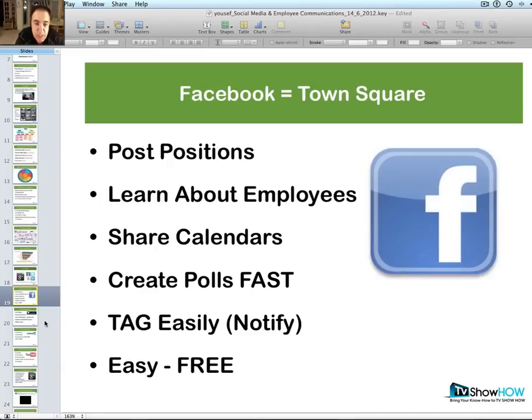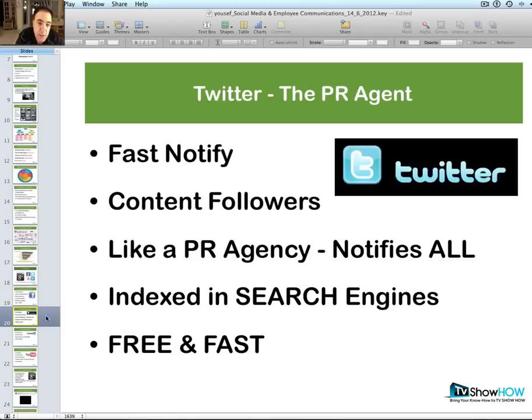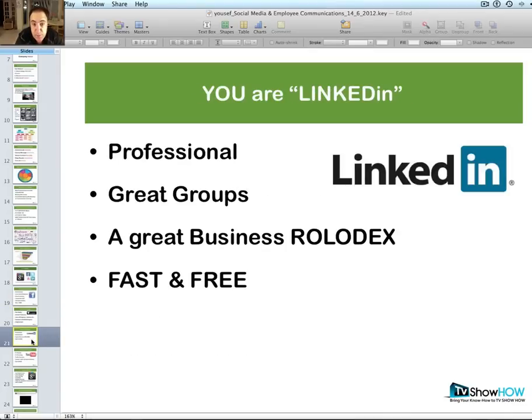If you're in social media, say, hey, this is what a platform would look like. Twitter: fast notify, content followers, like a PR agency that notifies all, indexed in search engines, fast and free. LinkedIn is professional, with great groups, a great business Rolodex, and it's fast and free.